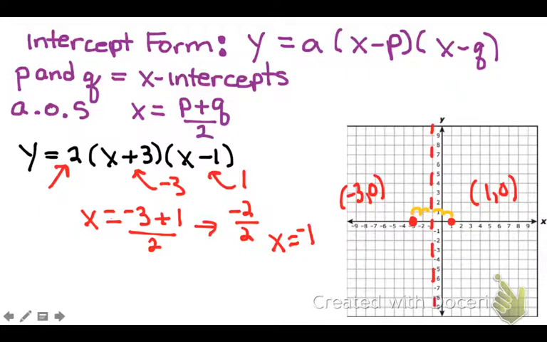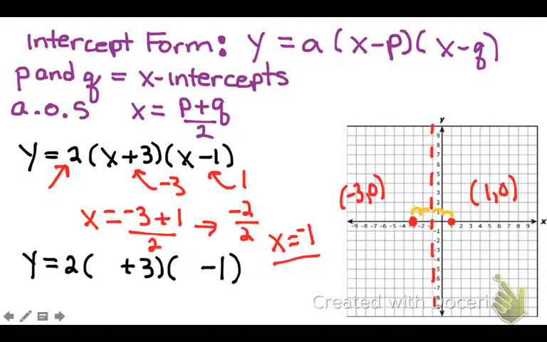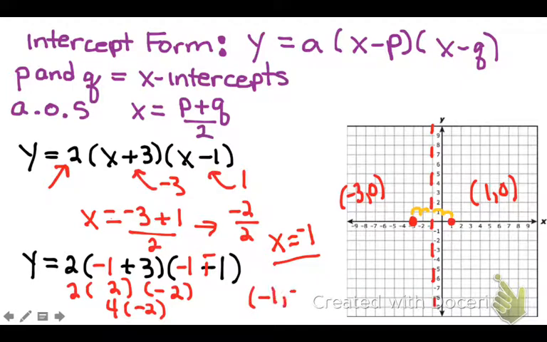Next, we're going to sub in the -1 to determine the vertex. So we said x is equal to -1, so we sub that in. So we end up with 2 times 2, add the opposite, times -2, so 4 times -2 is -8. So our vertex is going to be (-1, -8). Our final step is just to